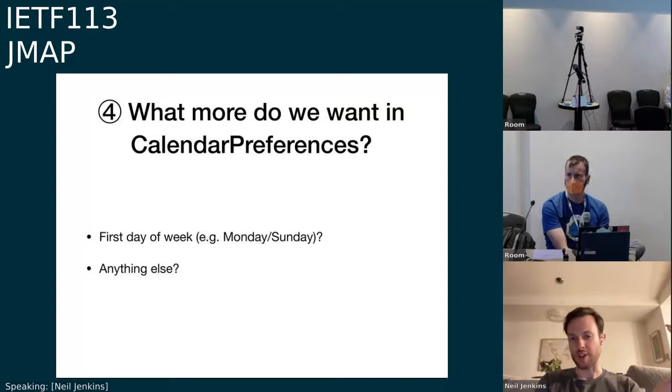The one thing that came to mind is the user's first day of week preference, which is just a cultural thing. If you want Monday or Sunday as the first day of your week, or in a few cases Saturday and some other stuff, but mostly it's going to be one of those two. Is that worth putting in here, or do we just keep it simple for now? Is it just the default identity and calendar, or is there anything else people think is worth storing here at the data model layer, so every client has access to it?